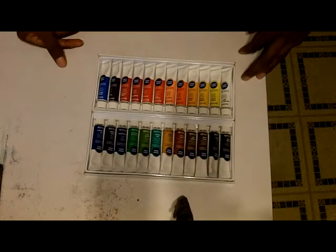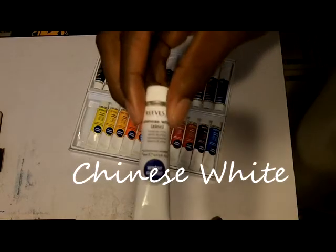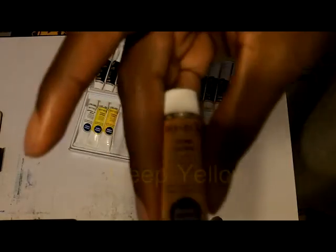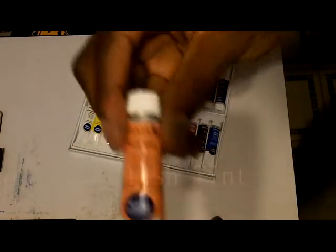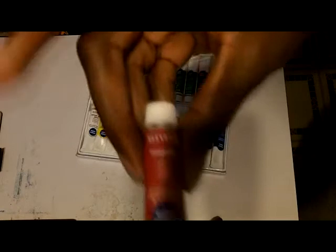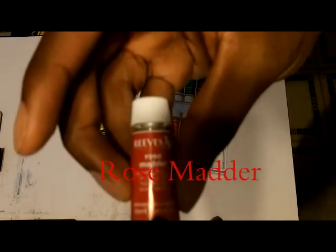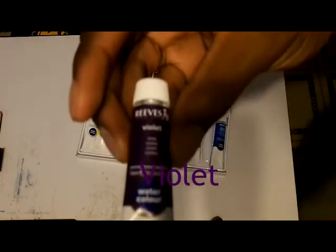And you have a slew of watercolors from Chinese white, zinc, lemon yellow, medium yellow, deep yellow, orange, flesh tint, brilliant red, crimson, magenta, rose, I think it says rose madder, violet,